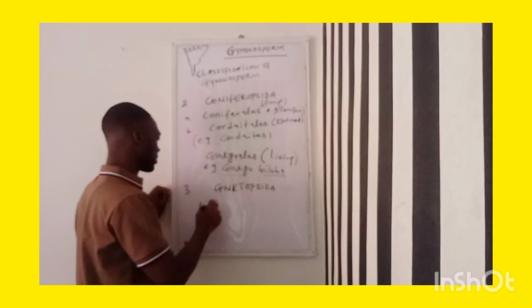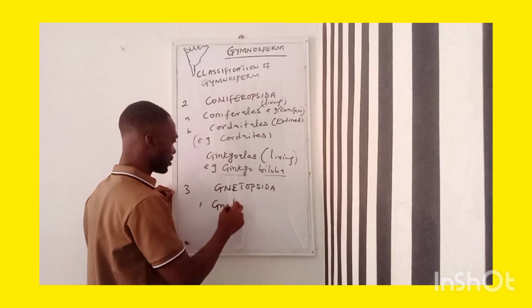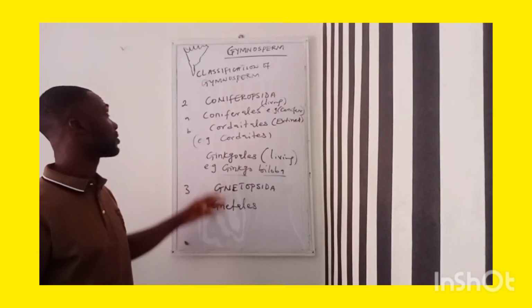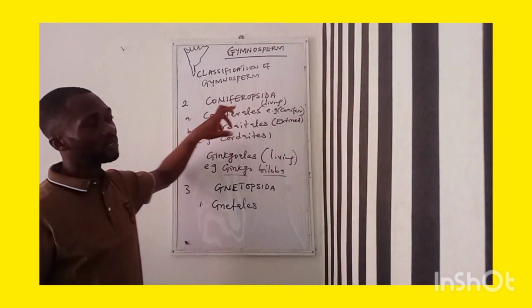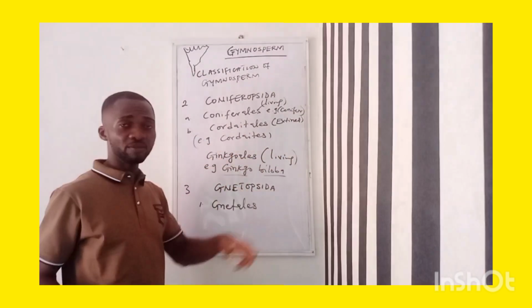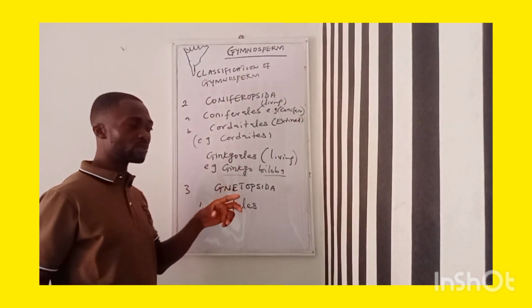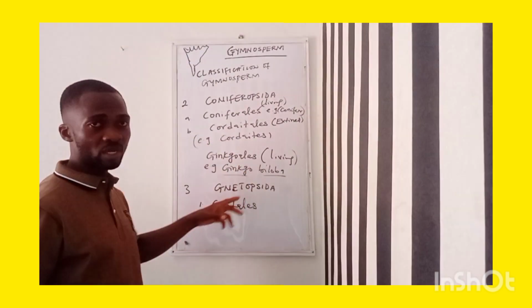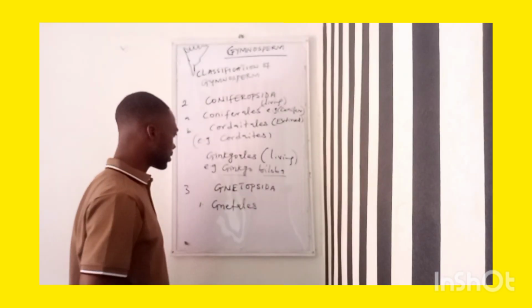Under Gnetopsida, you see the Gnetales, which is also living. At the end of this classification, we will point out the four extinct gymnosperms and the four living gymnosperms. When I say extinct gymnosperms, I'm talking about the orders of extinct gymnosperms and the orders of living gymnosperms. So under Gnetales,